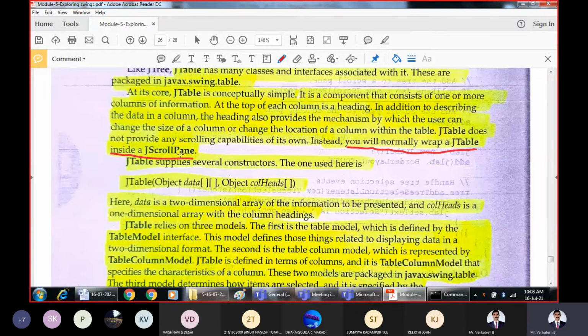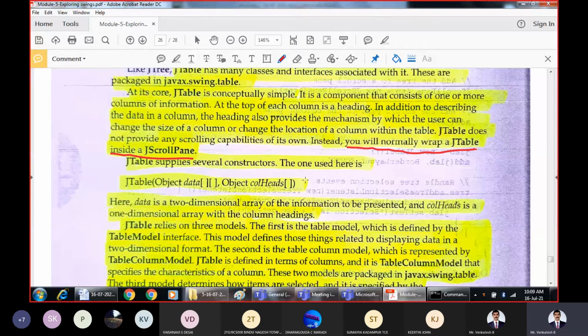Why? Because whenever you are displaying the data in the form of rows and columns, the whole data may not be displayed at a time within the viewport. Then obviously we may need the help of a horizontal or vertical scroll bar. For that reason, it will always be wrapped within the JScrollPane.